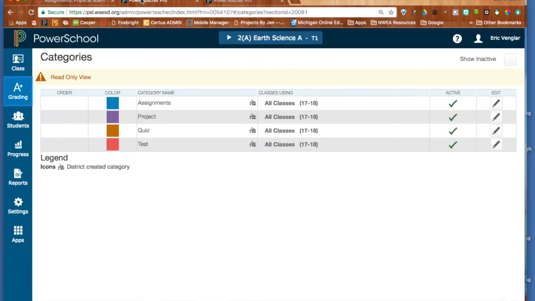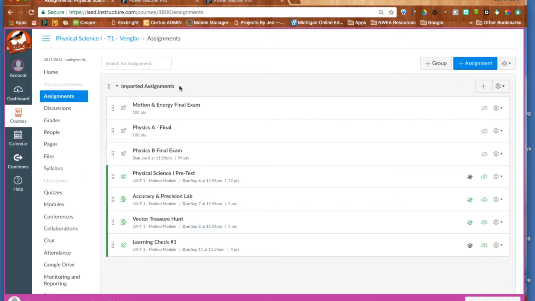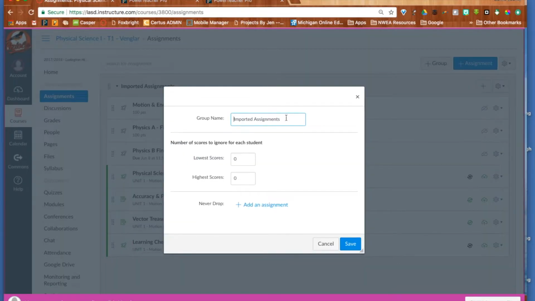So going back, I notice that assignments is one of the category names I want to use. Therefore, I'm going to change this one, because in order for it to sync initially, we need to change these names. So we're going to come in here and say Edit. And I'm going to say imported, and I'm just going to change this for the time being to classwork